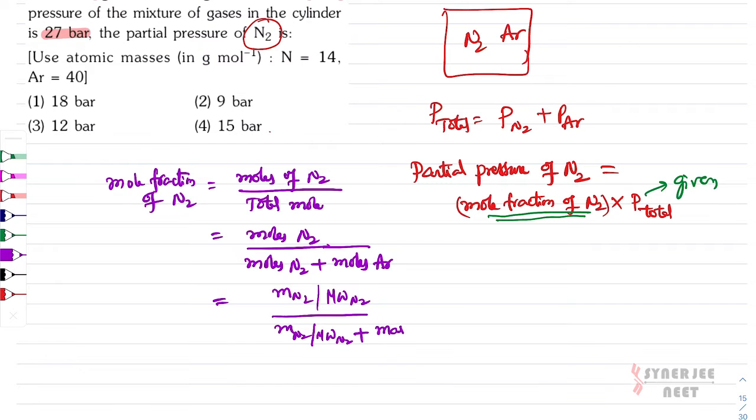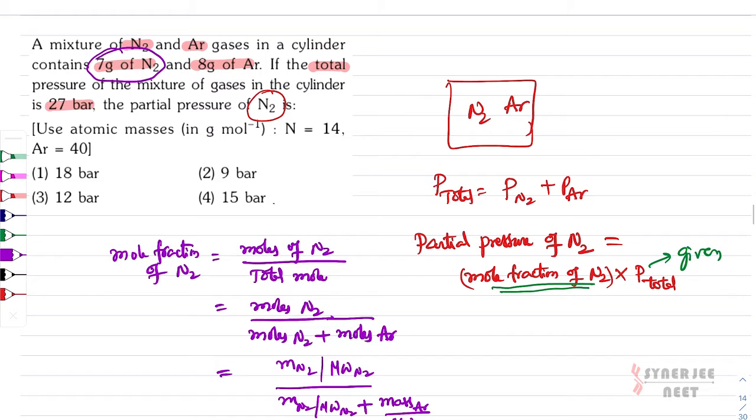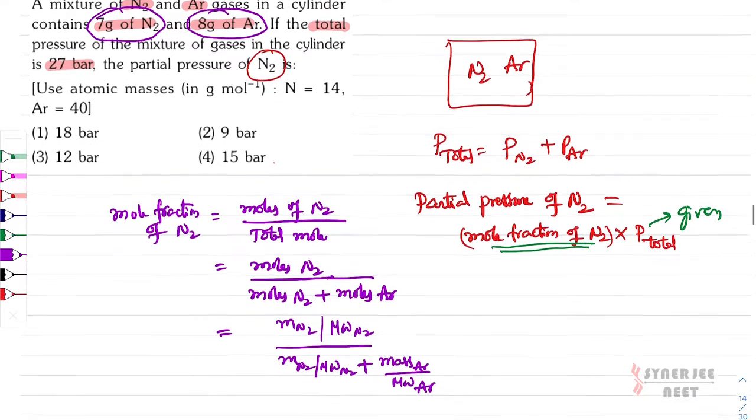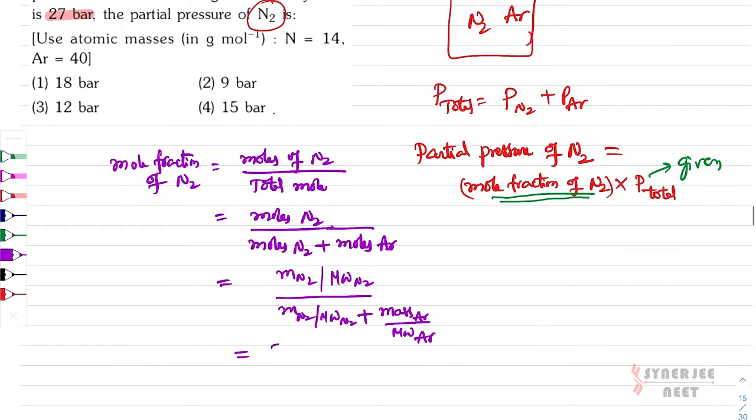Here, argon moles, how will you get? Mass of argon divided by the molecular weight of argon. In the question it is given that 7 grams of N2 is there, 8 grams of argon is there. So 7 grams of N2. And what is the molecular weight of N2? Atomic mass of N is 14. Since N2 has 2 atoms, 14 into 2 will be the molecular weight. So 7 by 14 into 2